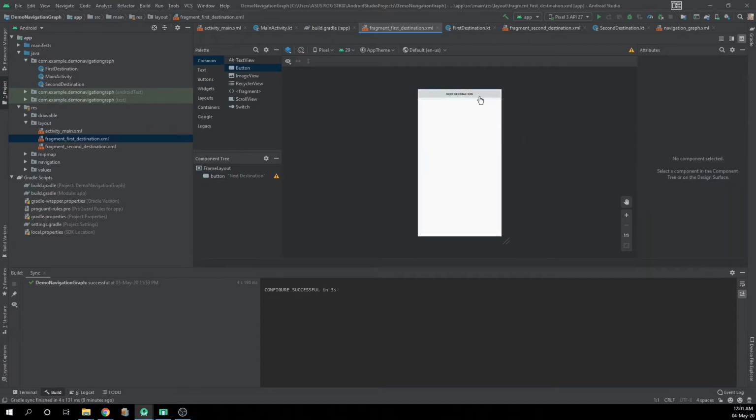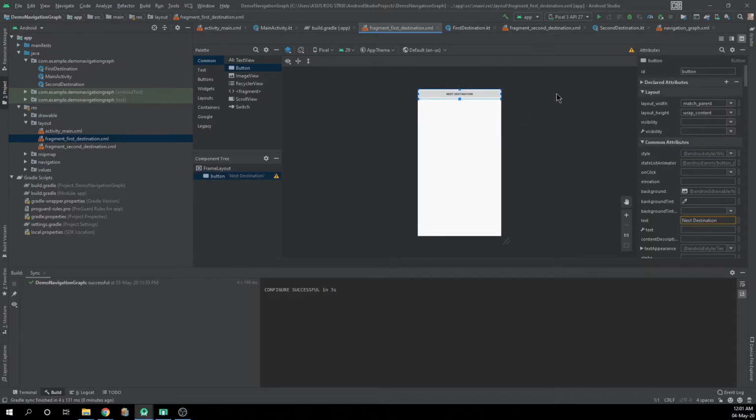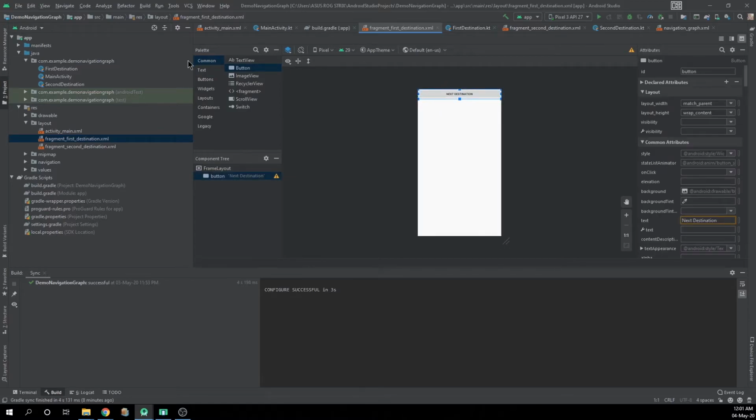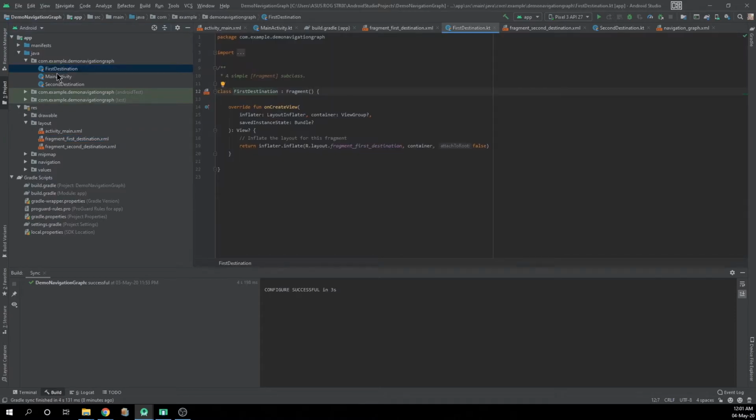Now we need to add a click listener to this button. So how can we do that? To do this, we need to go to the first destination fragment class. So it's here. Click on first destination fragment,